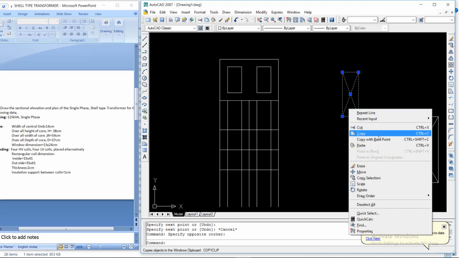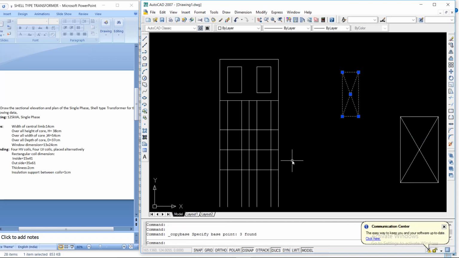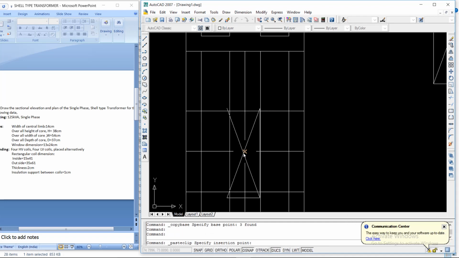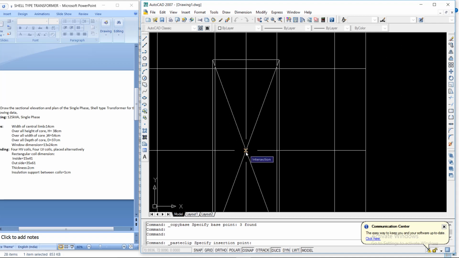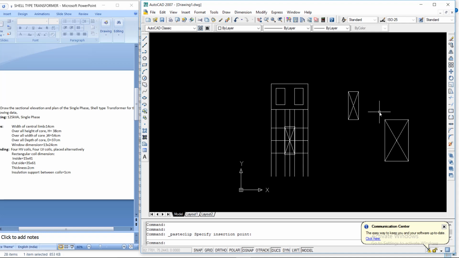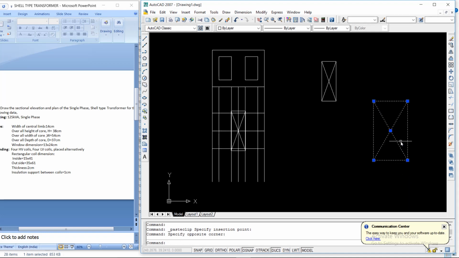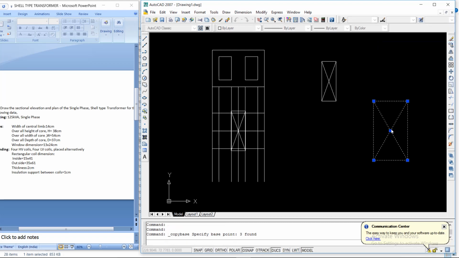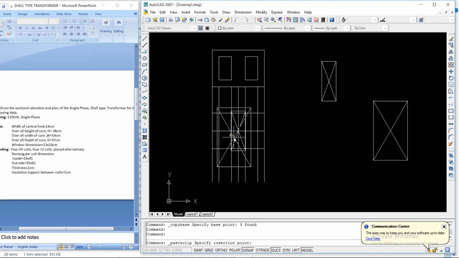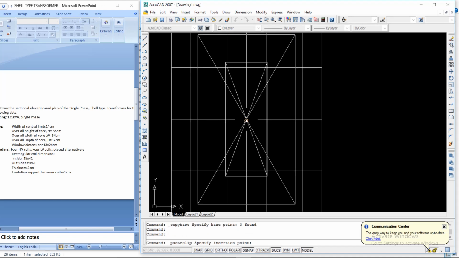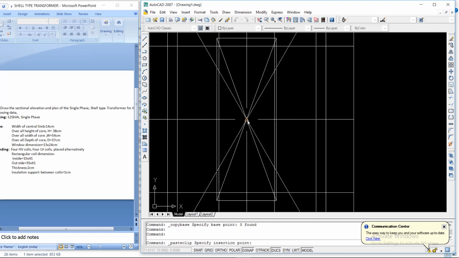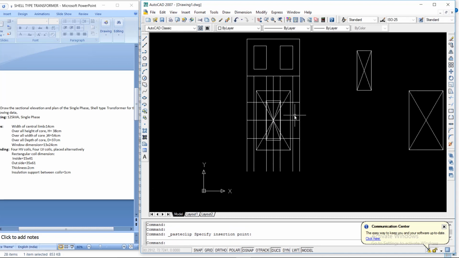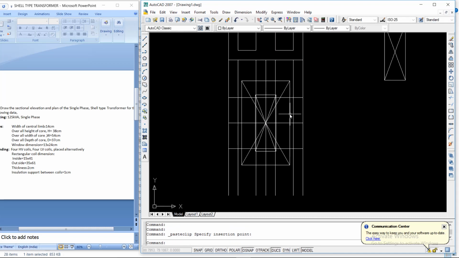Select this rectangle, copy the base point, Control V. This point you need to select as the center of the core. Next, select this, copy the base point, and you need to keep this rectangle here. So these two rectangles are overlapped with each other.